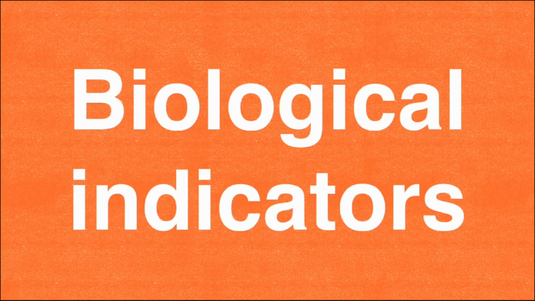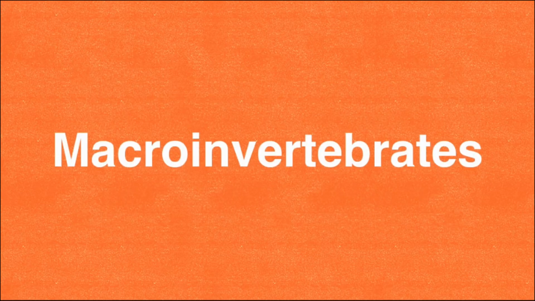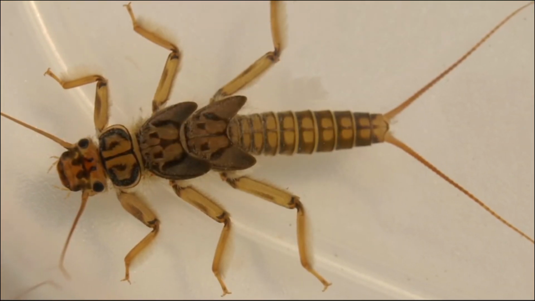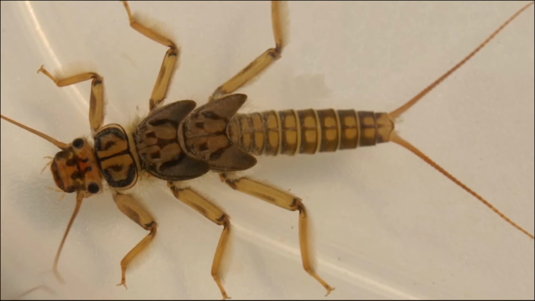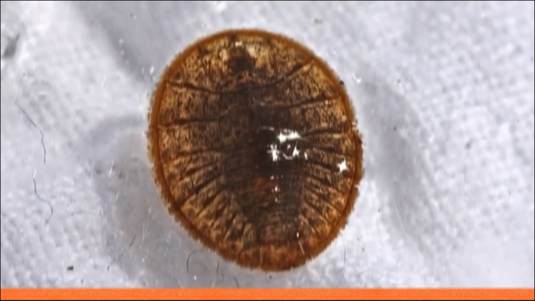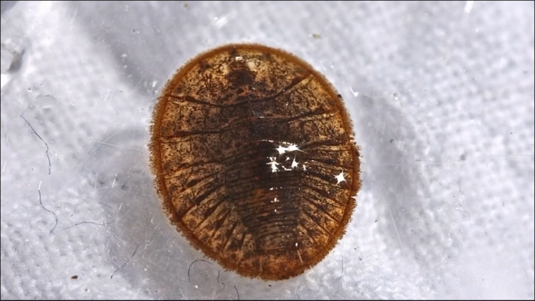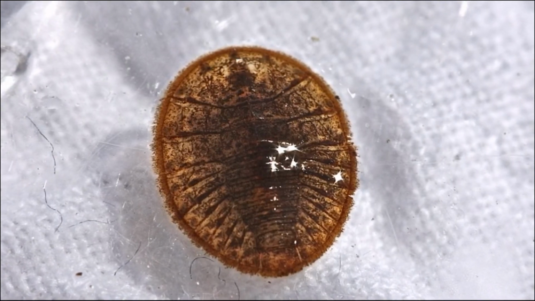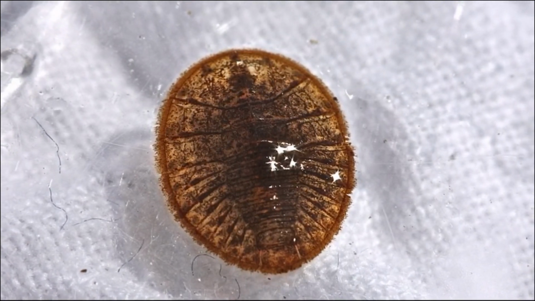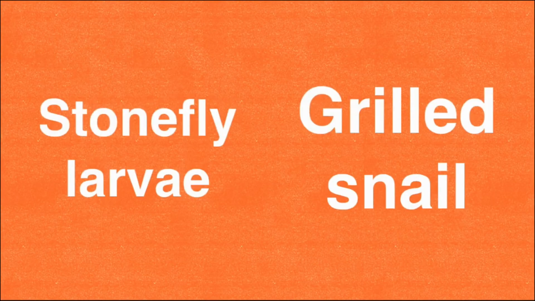There is, however, an easier way to measure the quality of water, and that is by using biological indicators, or bioindicators. Some of the most useful bioindicators for an aquatic ecosystem are called macroinvertebrates. Macroinvertebrates are organisms that are large enough to see with the unaided eye, but they lack a backbone. Some of these macroinvertebrates are sensitive to water quality, so if the oxygen levels go down, the number of organisms will decrease also. Some examples of these are the stonefly larvae, mayfly nymph, caddisfly larvae, water penny beetle, and the